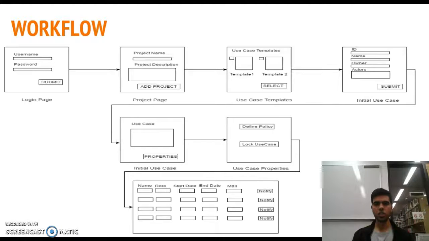Once the project has been added, he has to select a use case template which will be used throughout the project. The use case template will have several properties. One of them is the policy which has to be used while circulating the use case. The policy can be start to start, finish to finish, or start to finish. Once the policy has been defined, the designer sends out the use cases to various teams